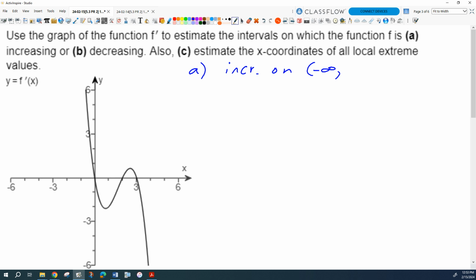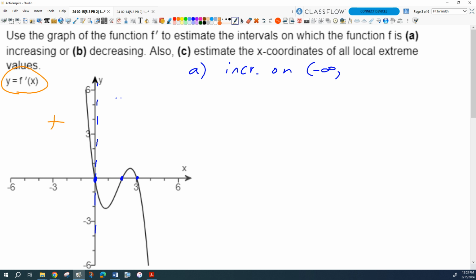Negative infinity to 0, right? Because look, there's a zero of our derivative, and this is the derivative function, right? That's what's graphed, is the derivative. There's another place where the derivative has a 0, and there's another place where it has a 0. So it's increasing, the derivative function